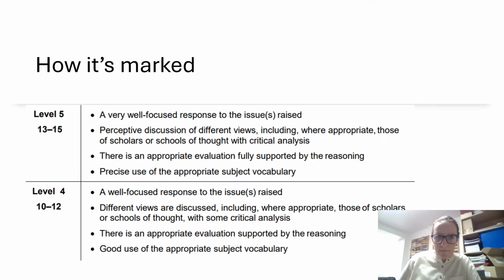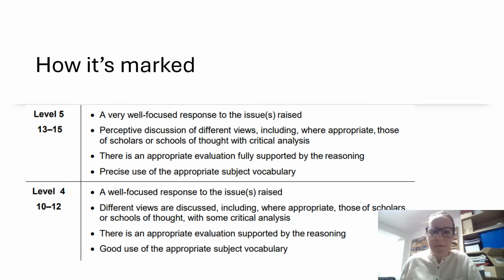So let's have a look here. What I've got here are the top two bands of the levels of response. So we've got level 4 and level 5. So this is 10 out of 15 all the way up to 15 out of 15. This is where you want to be aiming. So you can see for the top band of marks,